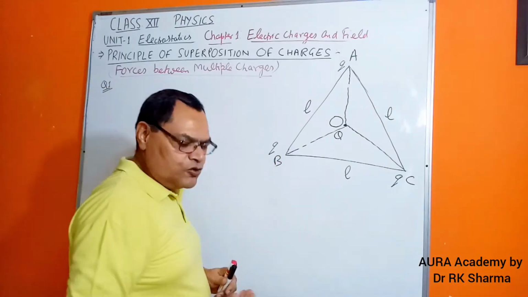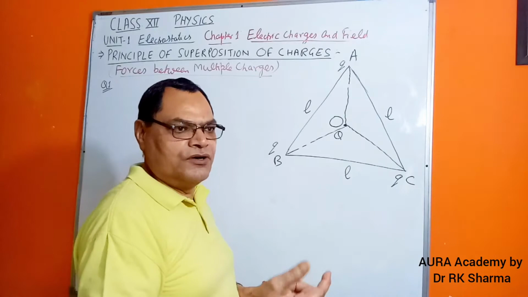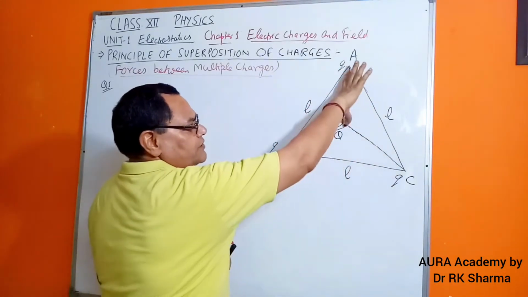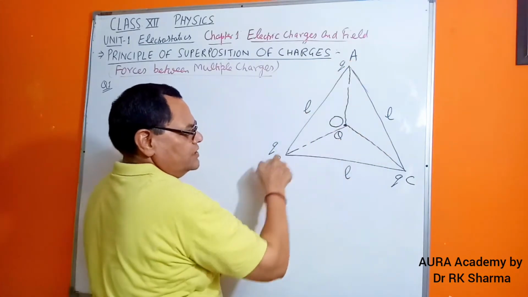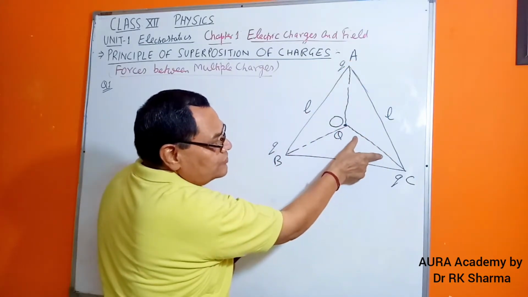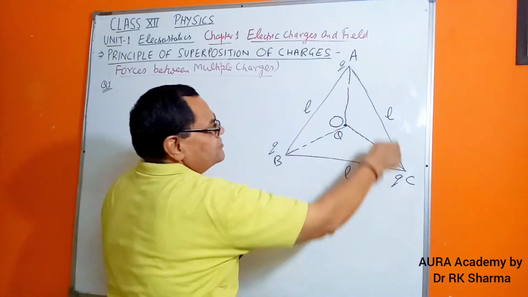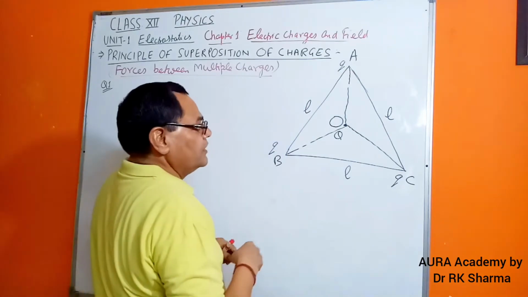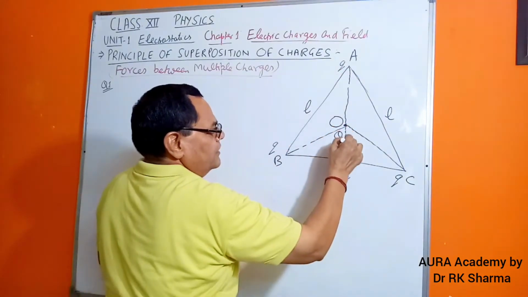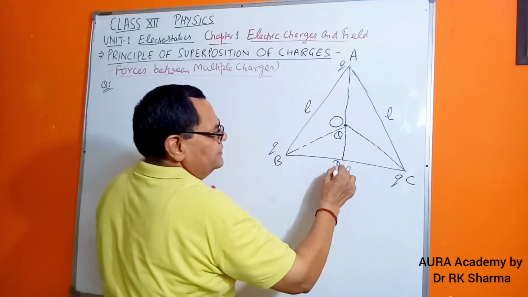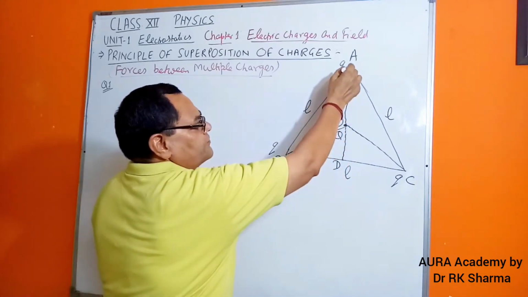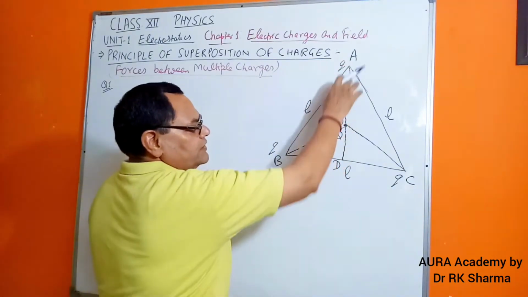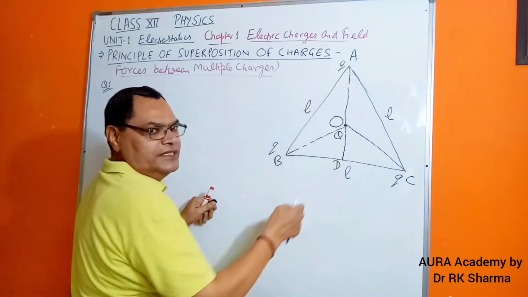And how to find the force? Force is calculated by Coulomb's law, that is K Q1 Q2 upon R square. We know the charges between each pair, but probably the distance is not known because only the sides of the triangle are given. So we have to first find the AO distance. If you extend this line, let us say this point is D. What will be the distance from A to O? It will be 2/3 of the entire length AD. So if we can calculate the AD,